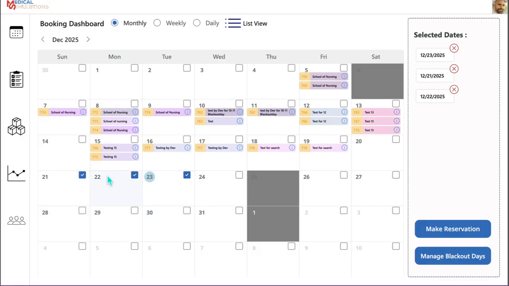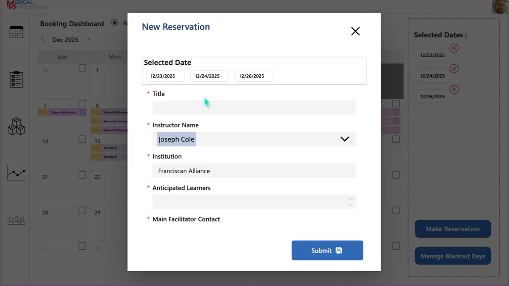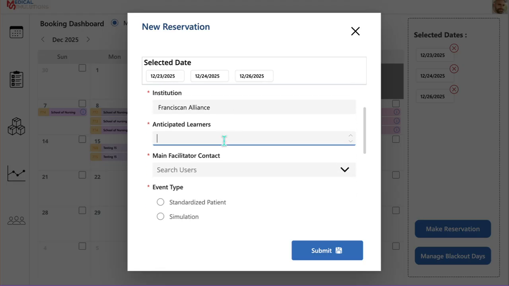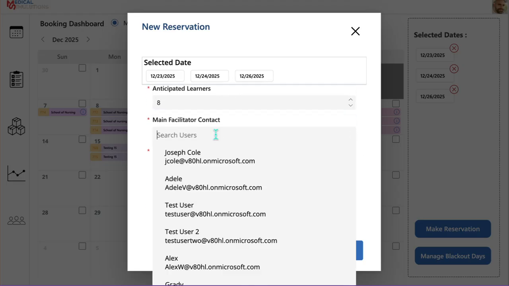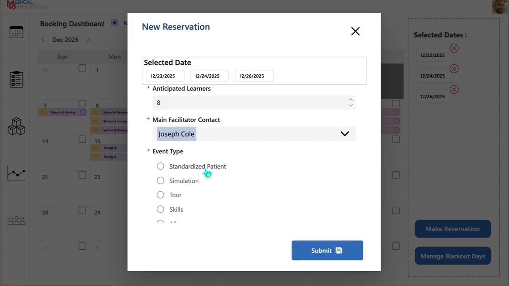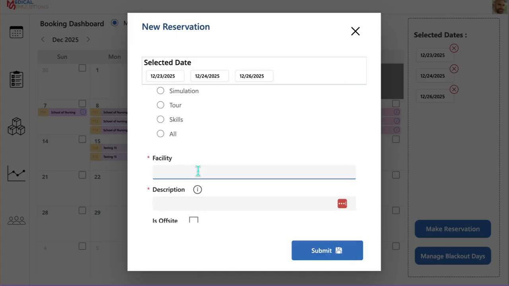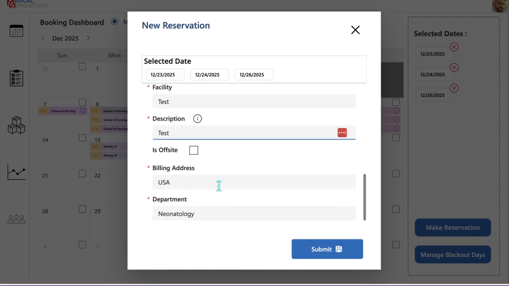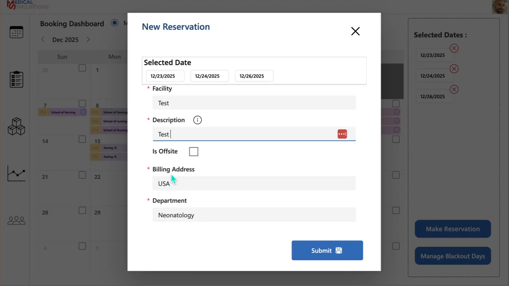Let's just go in here, and let's just do future. You can see they're being listed here on the right, and then you can make your reservation. So I've got 3 days set, and then I'm going to do School of Nursing is going to do some training. Let's just say I'm going to have 8 learners. I'm going to go ahead and say I'm the main guy. Let's just do that. That's the type. And then just do the test. And this is pulling in from my user profile. These are the defaults. I can edit these if I want. And then from there,